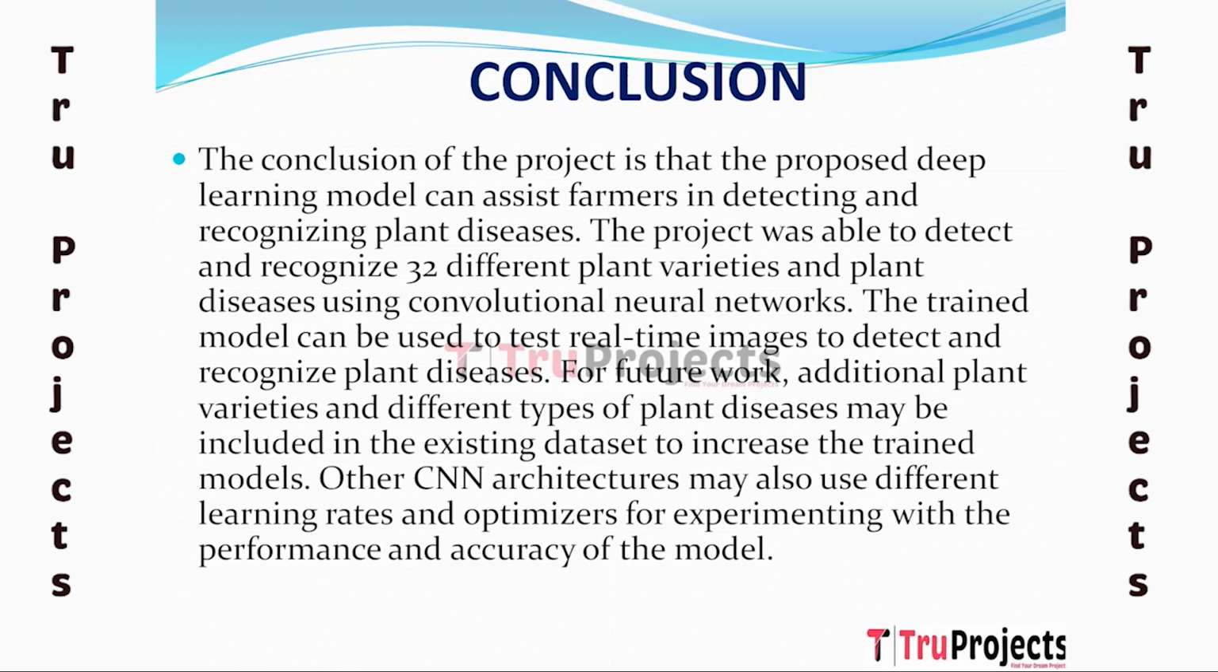In the future, additional plant kinds and plant diseases of various types may be added to the existing dataset to improve the trained models. Other CNN designs may utilize alternative learning rates and optimizers to experiment with the model's performance